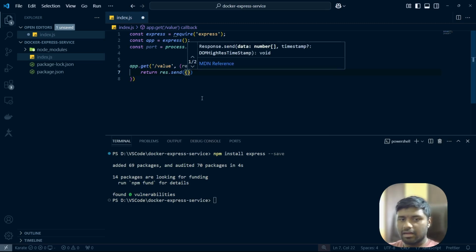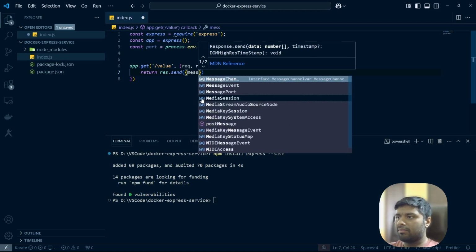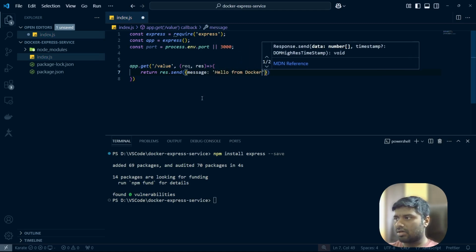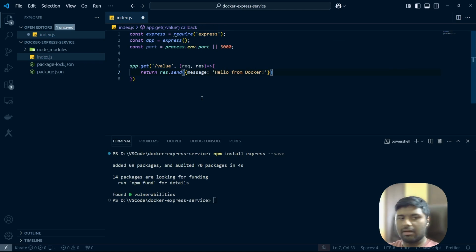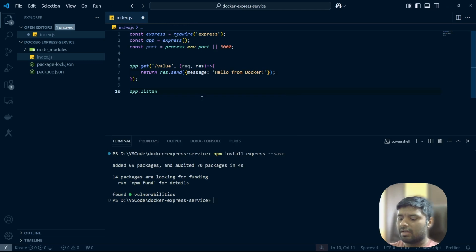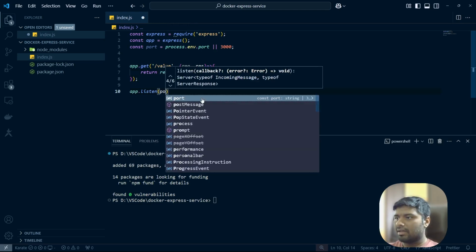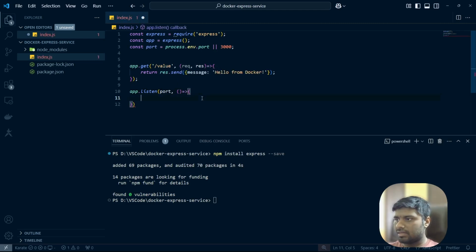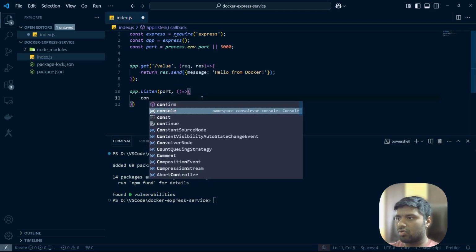So I will say that once this endpoint gets called, you supply me a message, and the message can be hello from Docker. Okay, this is the message that we can have, and once it is done, then we are also trying to print over the console that our app is basically listening on some port, and this is the message that we can say, console.log,